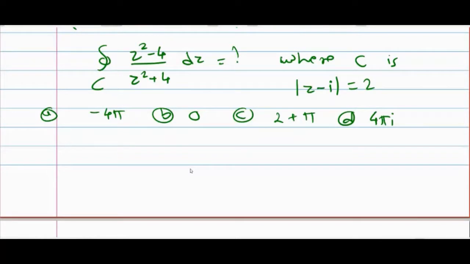फर्स्ट ऑफ ऑल फाइंड आउट द फैक्टर्स ऑफ डिनोमिनेटर। जेड स्क्वायर है तो दो फैक्टर्स आएंगे। देखो दोनों पॉइंट इनसाइड है, दोनों पॉइंट आउटसाइड है, या एक इनसाइड एक आउटसाइड। जो आउटसाइड है उसको आप एफ ऑफ जेड में ले लो, जो इनसाइड है उस पर कैलकुलेट करो। एट दैट पॉइंट यू कैलकुलेट द फंक्शन।